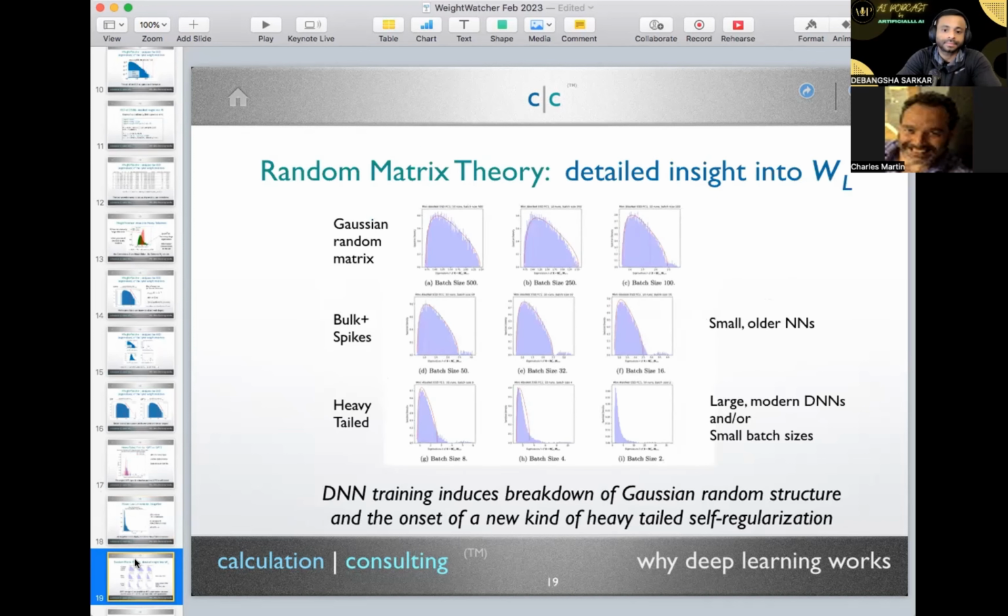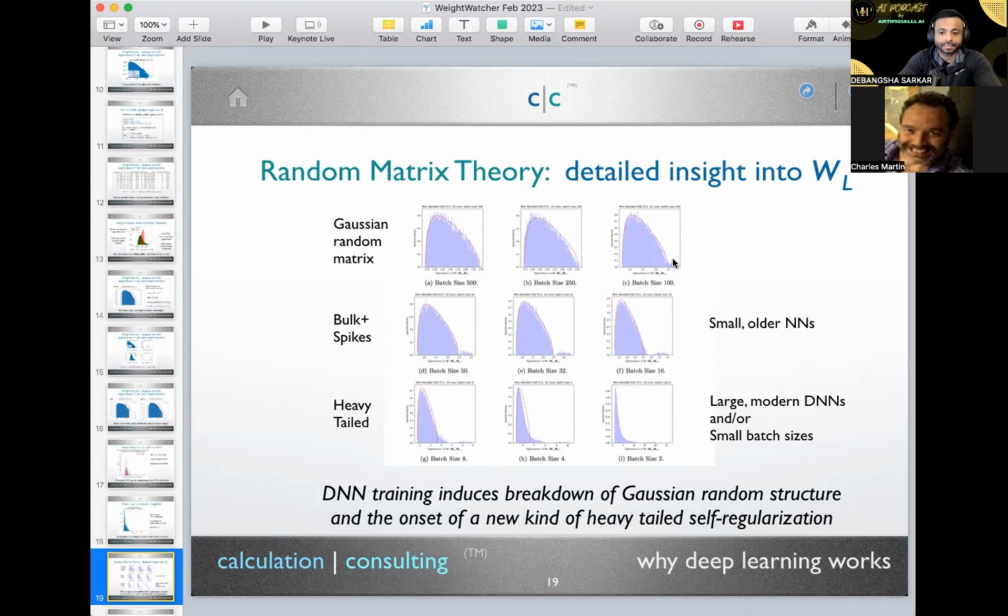So what does the theory say? This is the JMLR paper now. The idea is that when you train a model, you start off with a random matrix. Everybody knows that's how you initialize. You initialize with a Gaussian random matrix, usually with some clipping or something. As you begin training, you'll start to see, this is a plot of the eigenvalue spectrum, spikes pulling out.